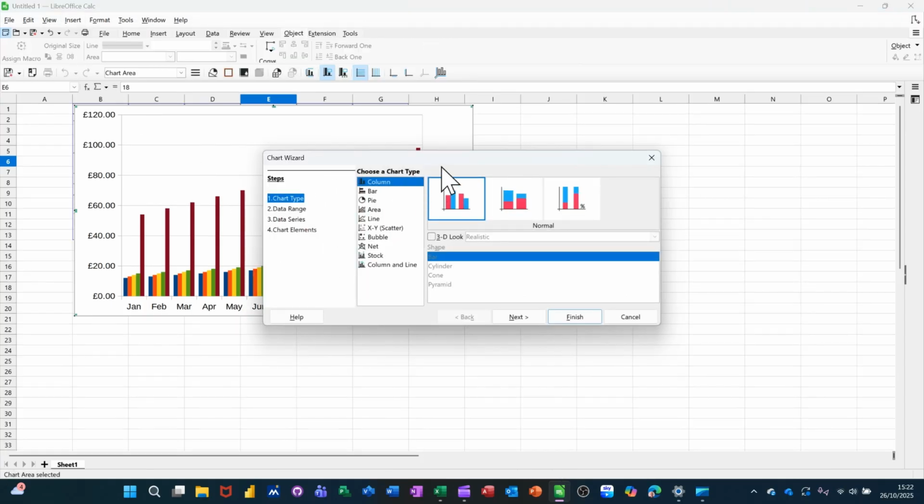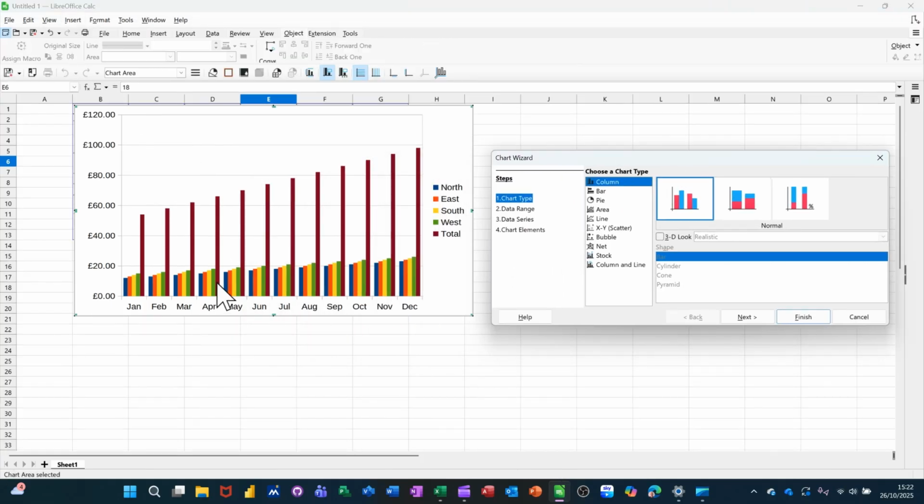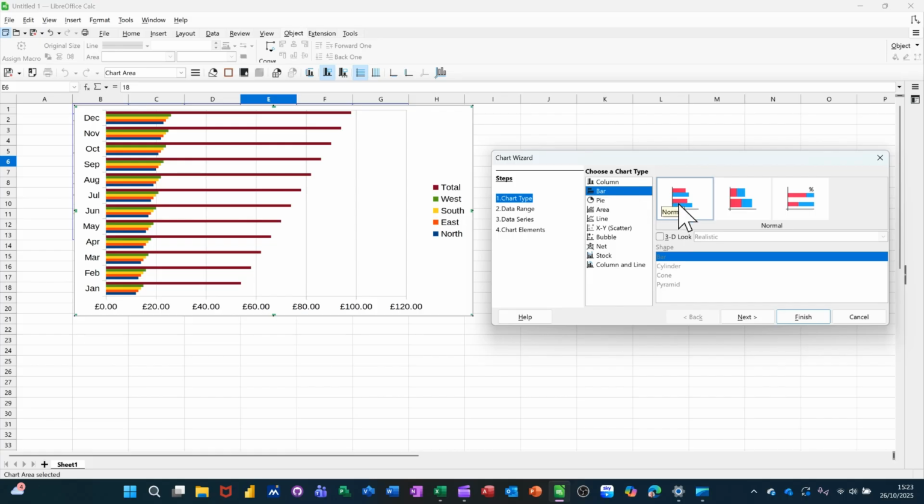And you get a chart almost straight away on the screen. Nothing was highlighted. I can pick a different style of chart if I so wish, and I'll get a little preview of that. Now, the reason I've got this big column here is because this total column is selected. Because I didn't highlight anything, it's grabbed the whole set of data. If I just cancel that,